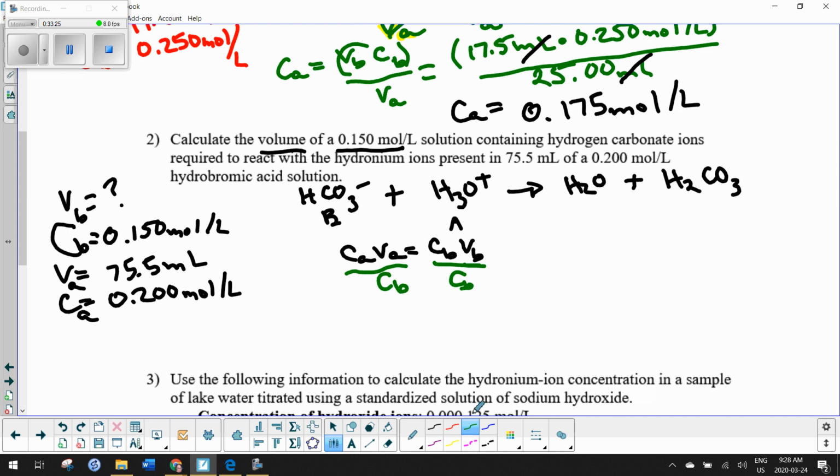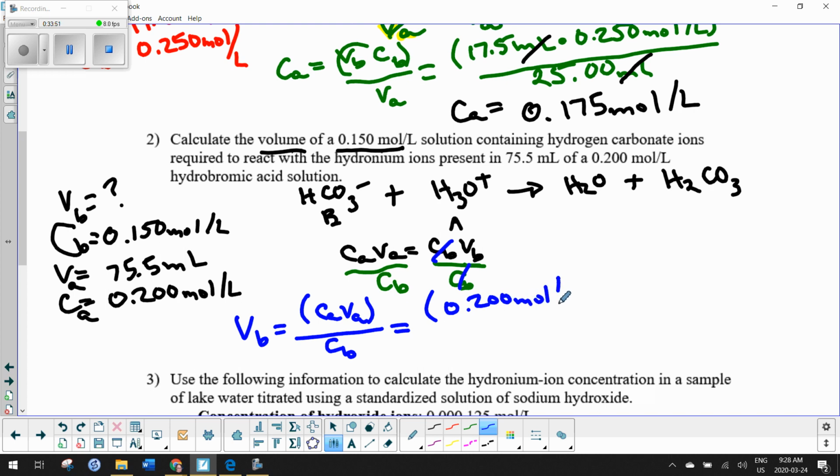CB's cancel, and you're left with VB. VB equals bracket CAVA, and if you don't put brackets, you will get the wrong answer. So it's important that you're following along so that you know where all your numbers go, where they came from, and why. So we get 0.200 moles per liter